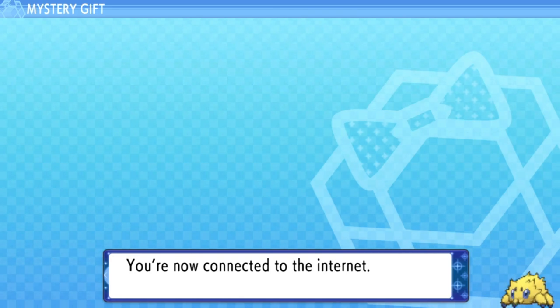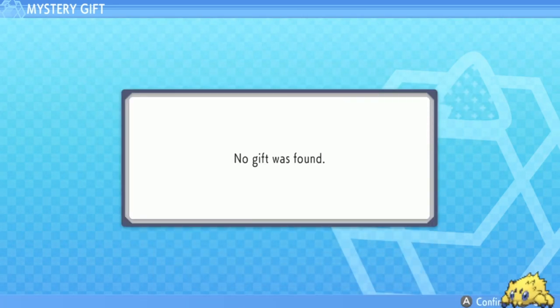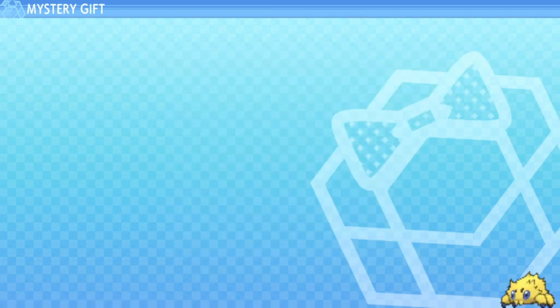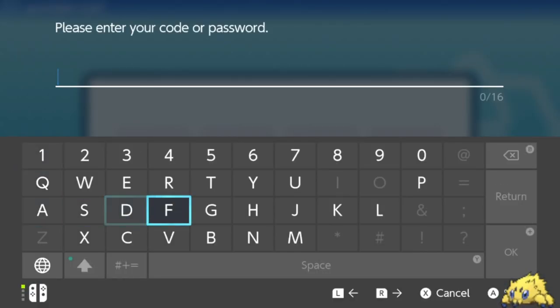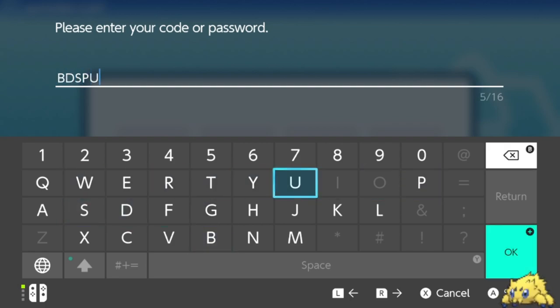I forgot that there's actually a Mystery Gift thing that actually gives you a bunch of codes. So, the code for this is BDSP Underground, which gives us,